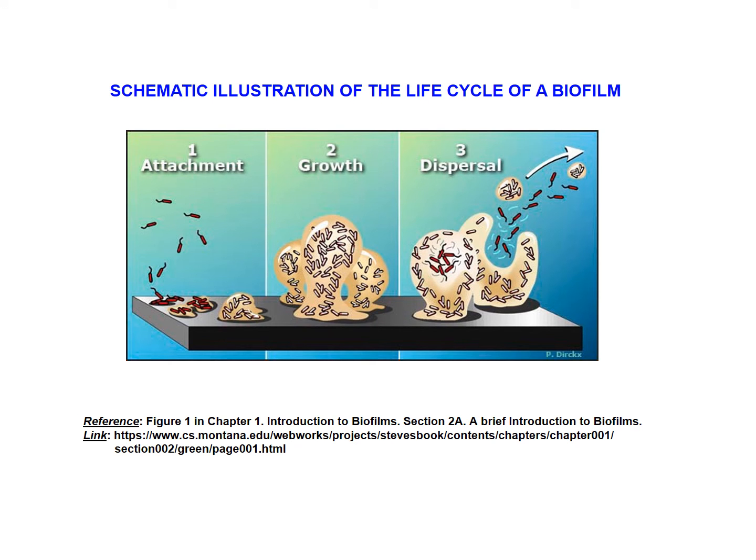This slide is a schematic illustration which summarizes the life cycle of a biofilm, starting with the planktonic cells with the little flagella, which start attaching, make permanent adhesion on the surfaces, start forming the colonies, which under the biofilm protection grow and keep growing, and finally, under certain conditions, they start forming planktonic cells, shown here in frame number 3,